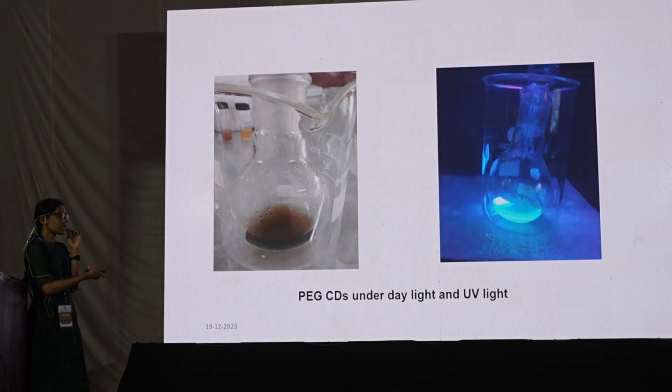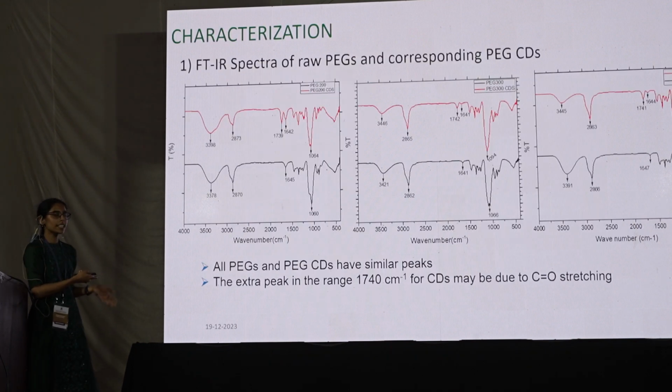This is just a picture. Under daylight, it was a dark brown colored solution. When viewed under UV light, we obtained blue fluorescence. Fluorescence is the most important property of carbon dots. Moving to the characterization part,